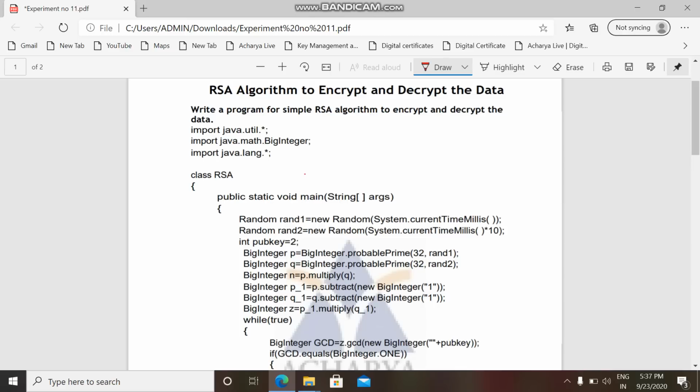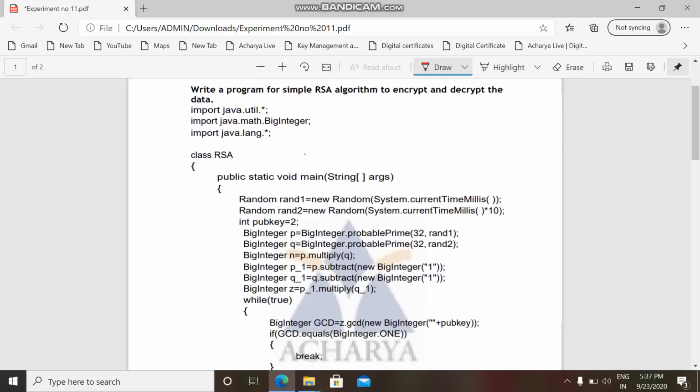So what is the first step in RSA? We have to generate two large prime numbers. So we are randomly generating two large prime numbers using a built-in method defined in the class BigInteger called probablePrime. Now probablePrime is a built-in method defined in this class which is randomly generated. Now we are first generating a large prime number p using this built-in method.